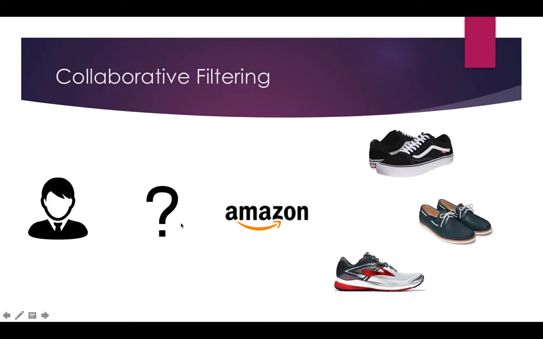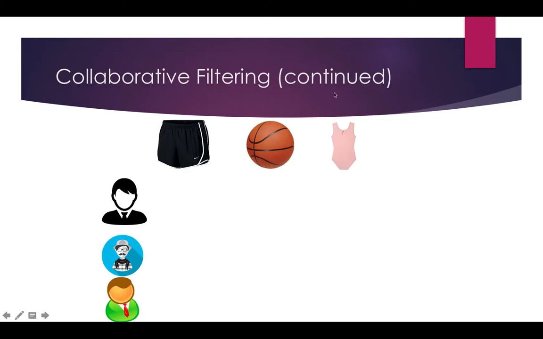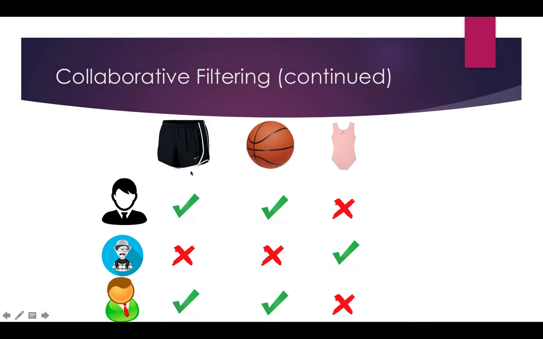So collaborative filtering is an algorithm that companies like Amazon can use to recommend products to you. So in this example, Amazon's recommending shoes to you. What they're going to do if they're using collaborative filtering is compare you to other users across your item behavior space. And so in this example, we're just going to look at